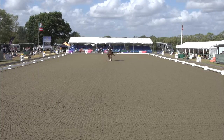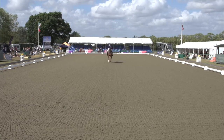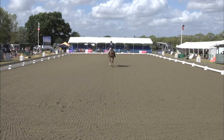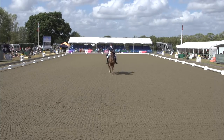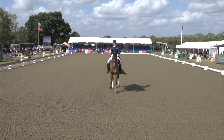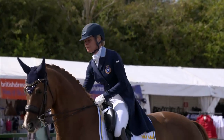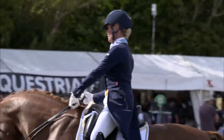Lovely transition to piaffe, dead straight. And of course the three judges at the front can't see that it's travelling here. But she's doing a really good job of keeping the energy on the last centre line. I think she's riding every stride, keeping it really positive. Just irritatingly, just left his right hind. It's gutting when they do that, but...